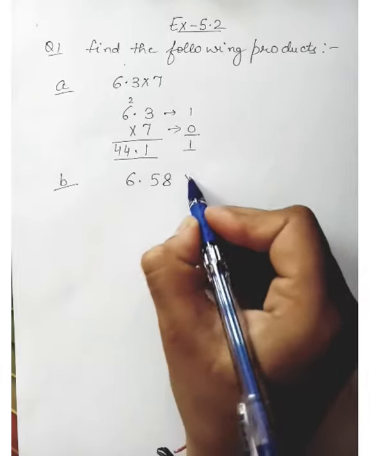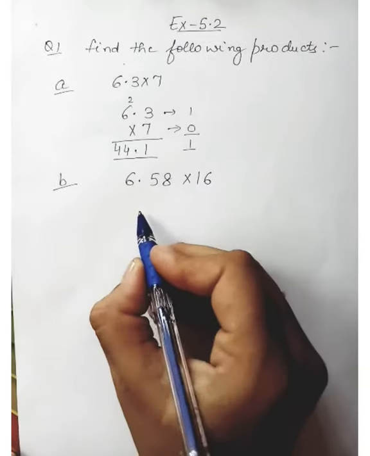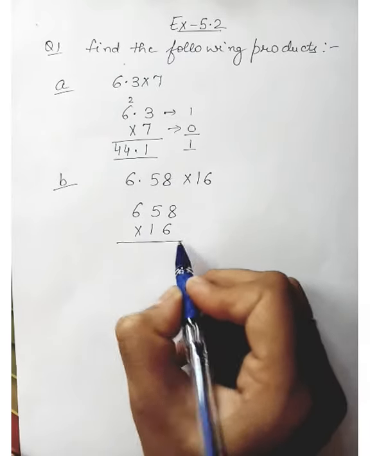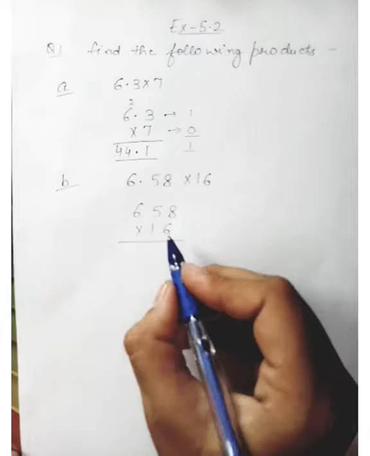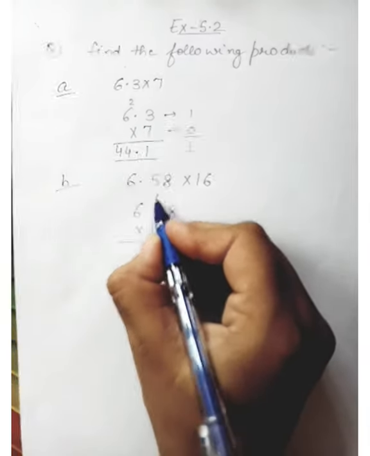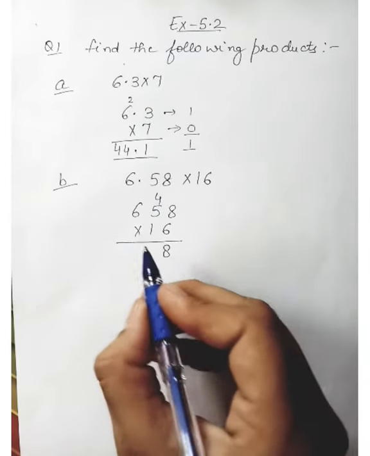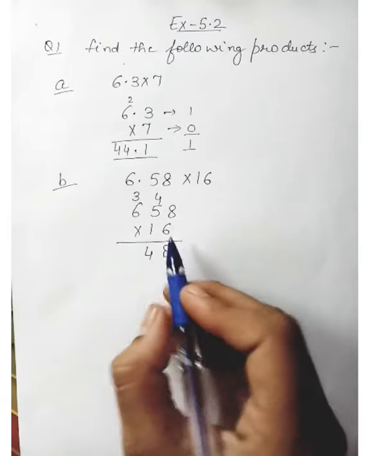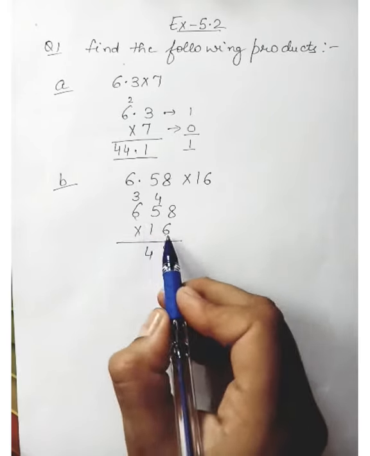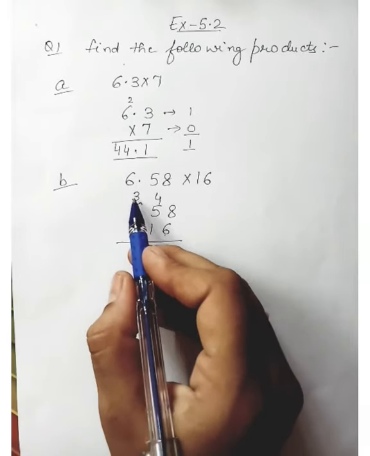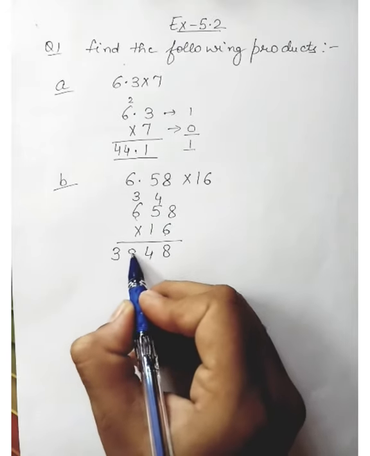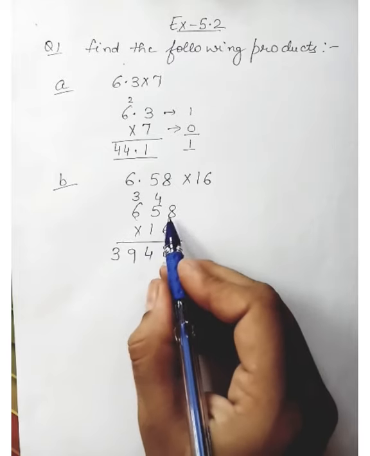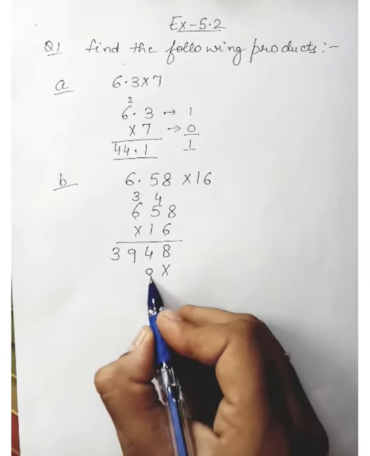That is 6.58 multiply with 16. Normally, first you multiply it as we do normally. Now 6 8s are 48, 6 5s are 30, 30 plus 4 is 34, 3 as a carry, 6 into 6, 6 multiply 6 is 36, 36 plus 3 is 39. Now, the sign of multiplication, again you have to multiply it with 1, that is 8, 5